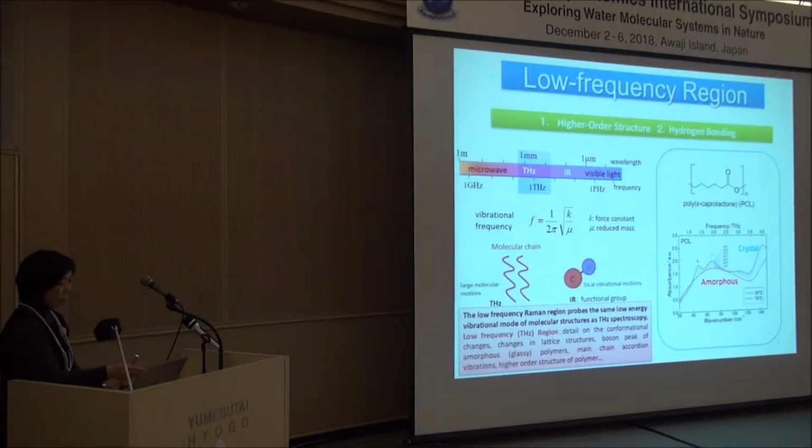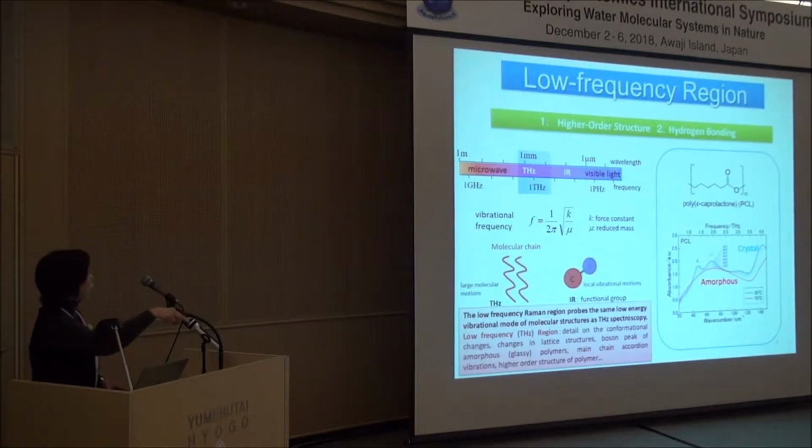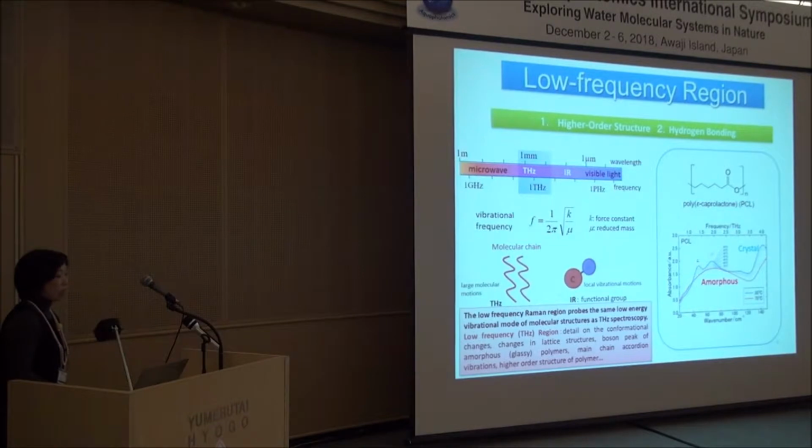The low-frequency Raman region probes the same low-energy vibrational modes of molecular structure as THz spectroscopy. The low-frequency modes can give detail on conformational changes in lattice structures, the boson peak of amorphous glassy polymers, main chain vibrations, higher order structure of polymer, and so on. And this is one good example of THz spectra of